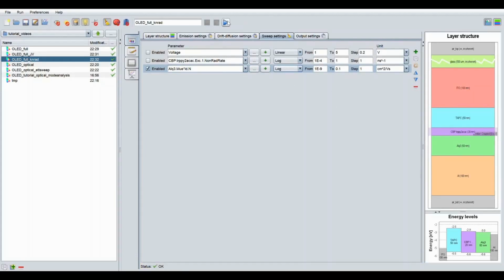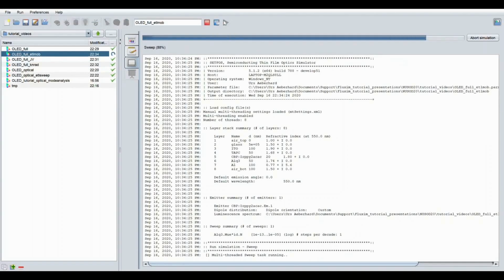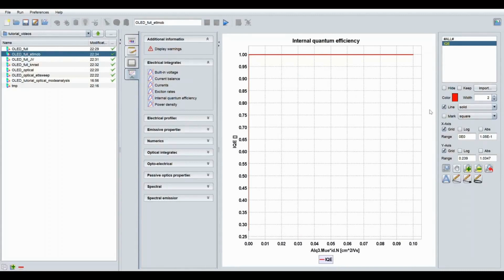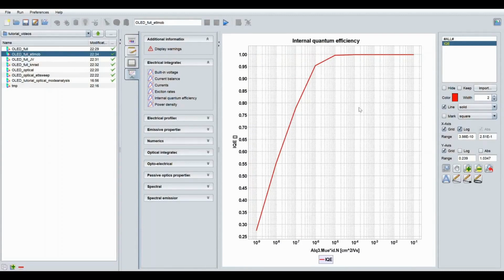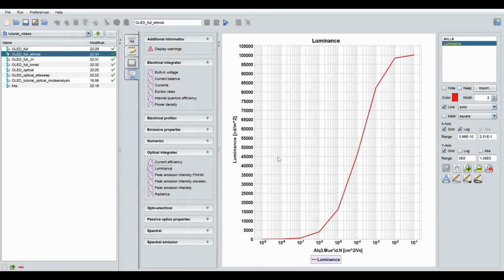Also in a log scale. And again, we find a drastic impact on the internal quantum efficiency, but also on other performance parameters such as the luminance.